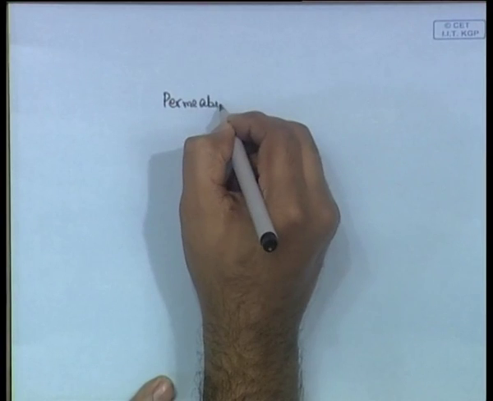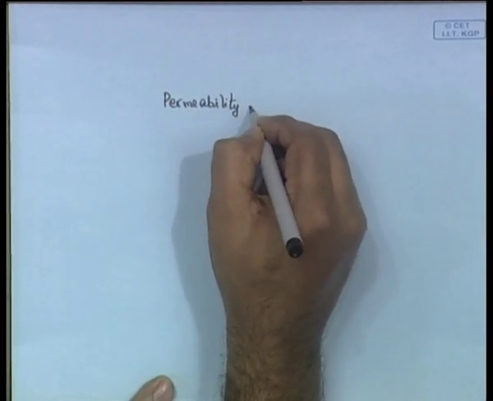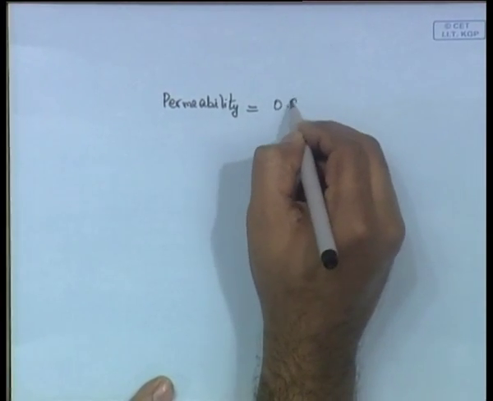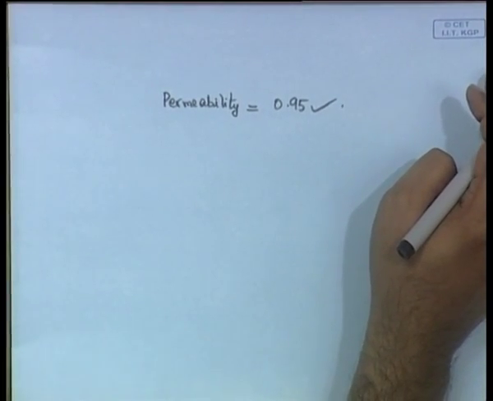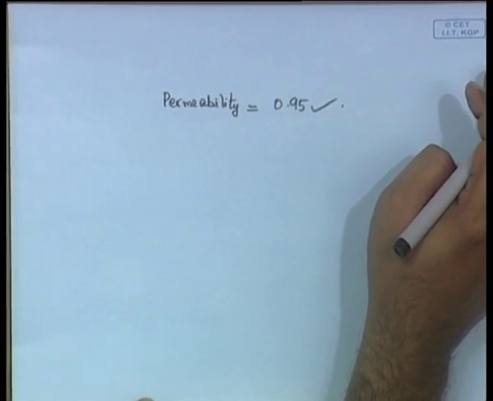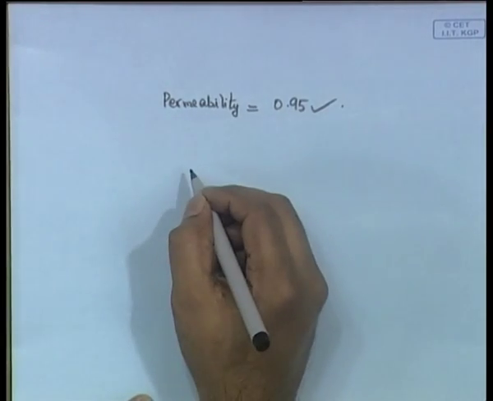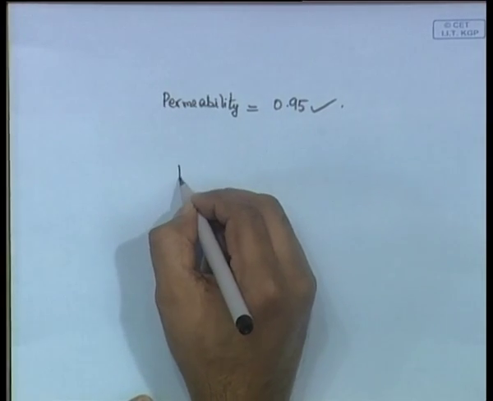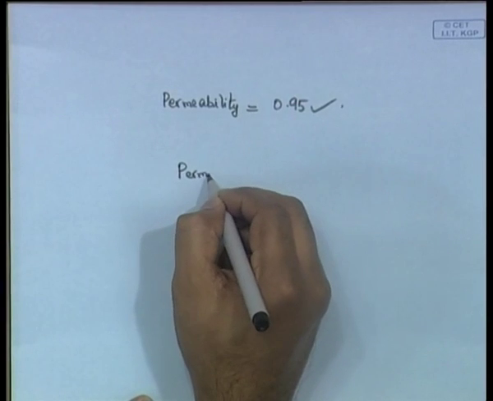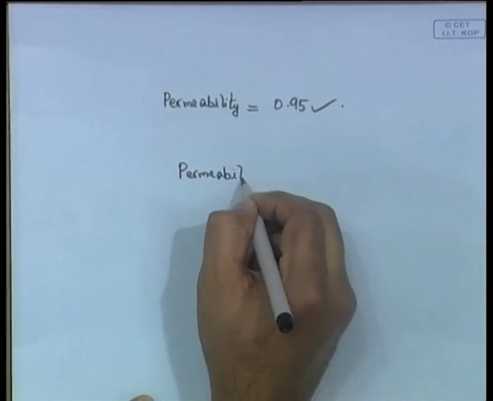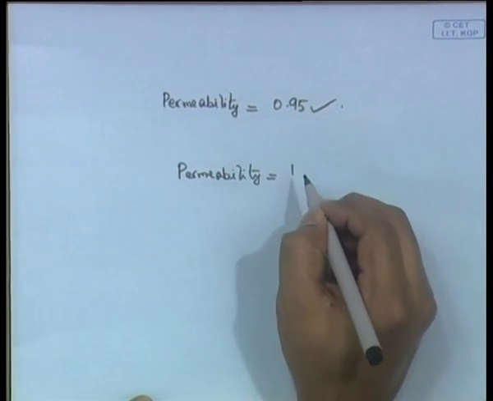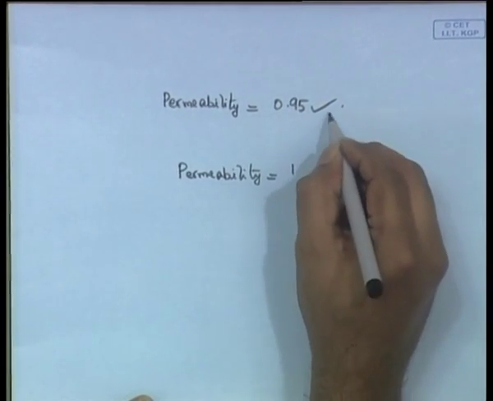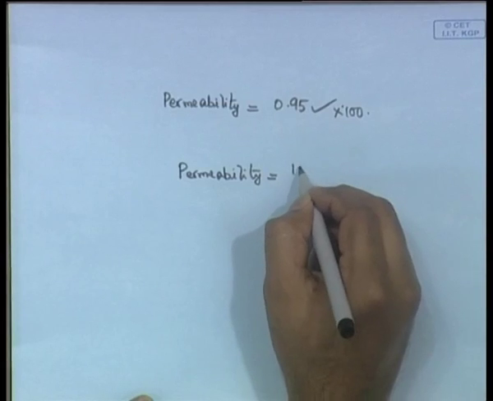So, this is what you define as permeability, equal to about 0.95 roughly for ships. And now, permeability can be defined mathematically. It is usually expressed in percentage, so it becomes 95 percent. So, 100 into